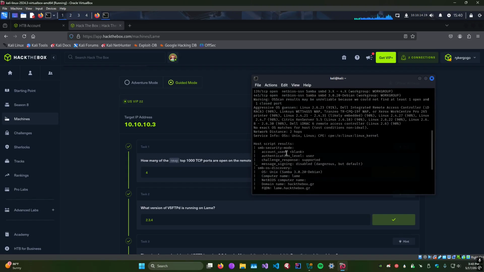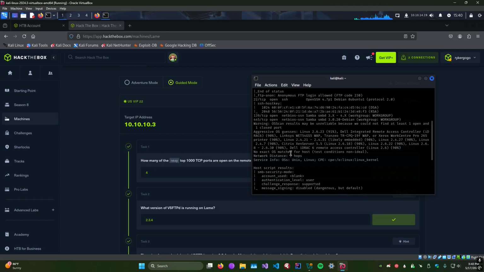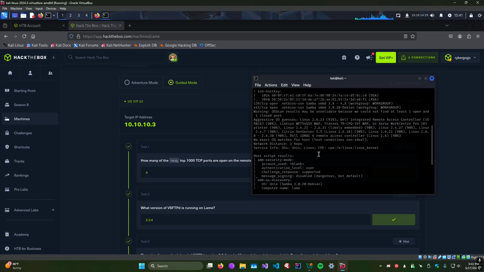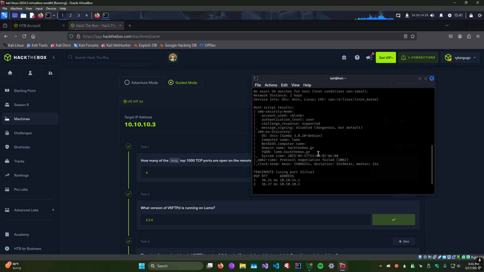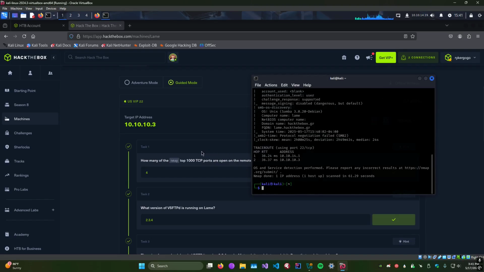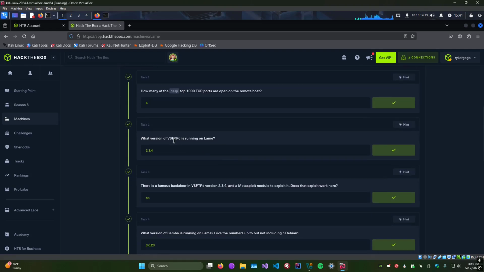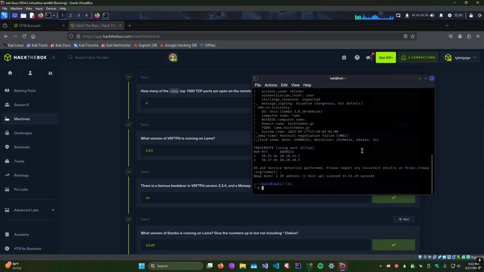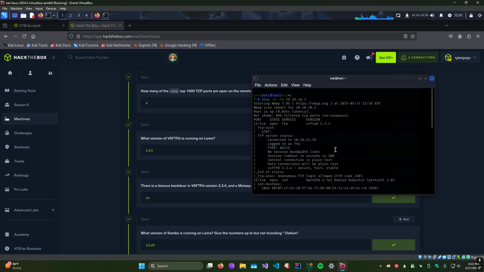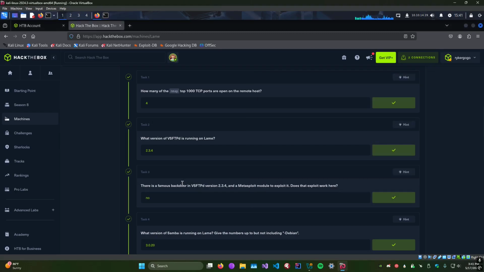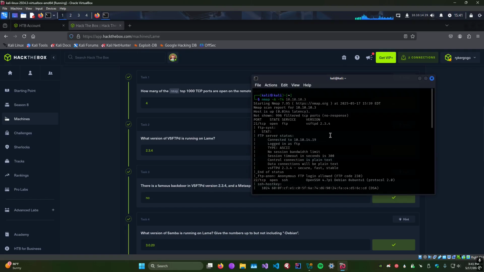And then we've got Samba here, so we've got some shares potentially. There could be information on there. What version of vsftpd is running? It gives us that here, 2.3.4. So there is a famous backdoor for this version, and I'm going to open